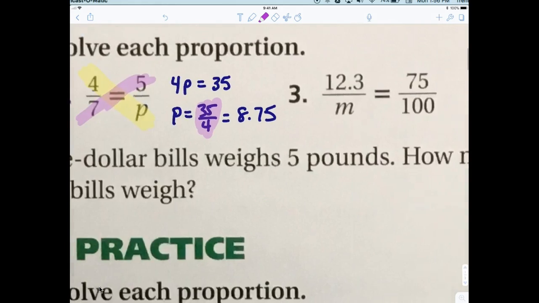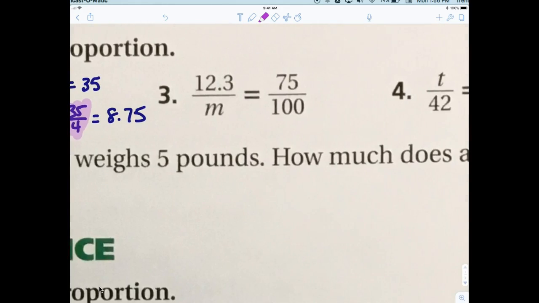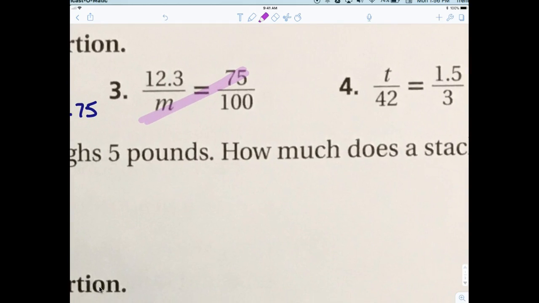All right. So number 3. I don't see a relationship between 12.3 and 75, so I'm going to cross multiply. So the number and the letter go together. So I want everybody to write down 75m